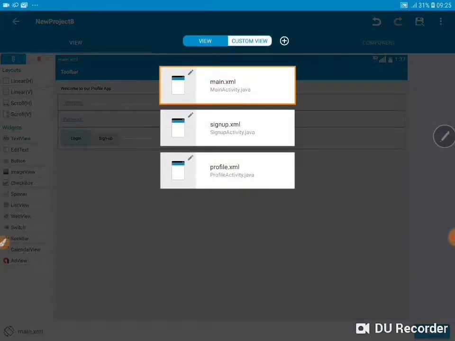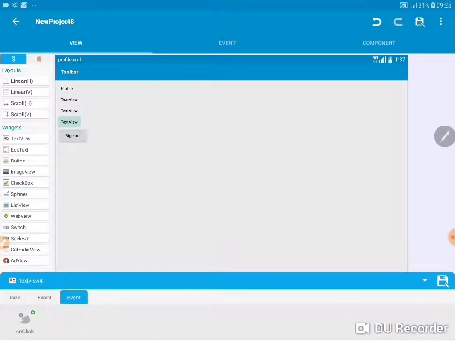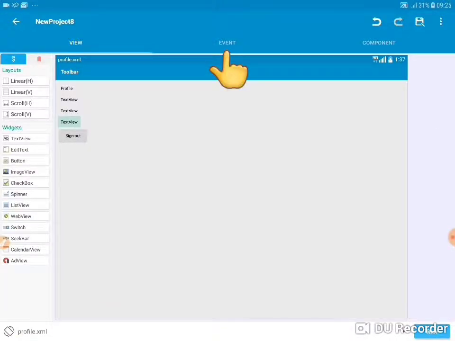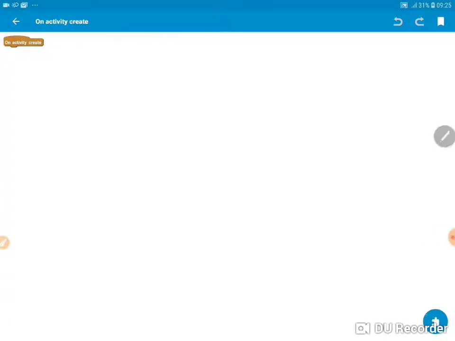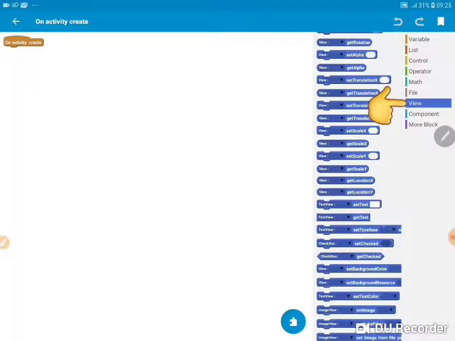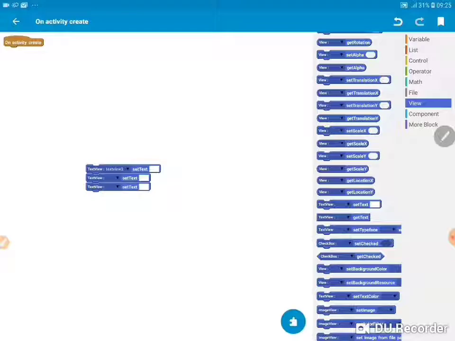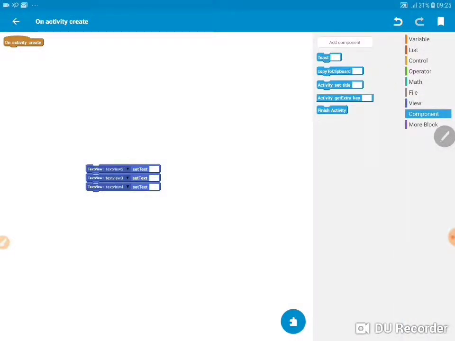And then when we get to our profile page, we want these three text views to display the information that was saved. But then we want that information to be there already when it starts. So we'll go to the event and then we'll click on create. So on create, we want to set the text, and then we'll use the view. So we will set the text, we have three text views. So we're going to be using text view 2, text view 3, and text view 4. And then we are going to be getting the data from our user